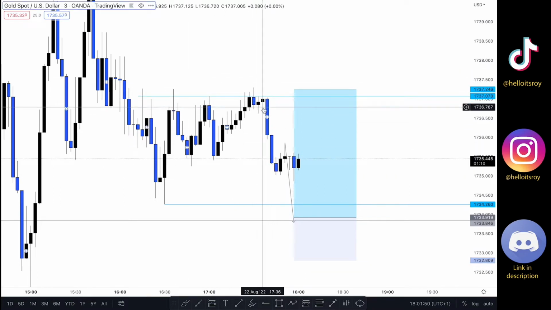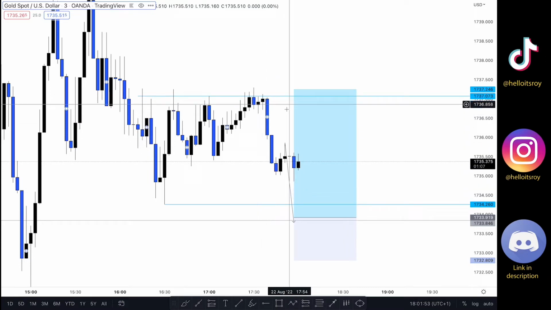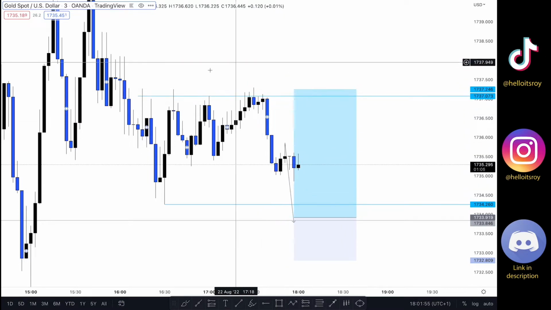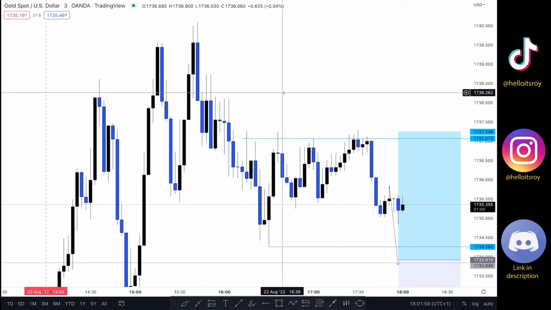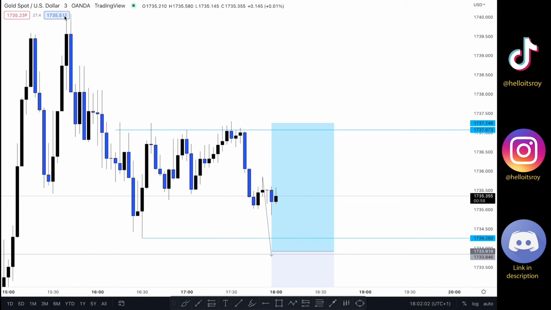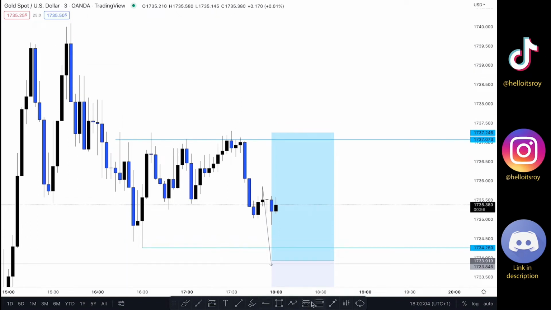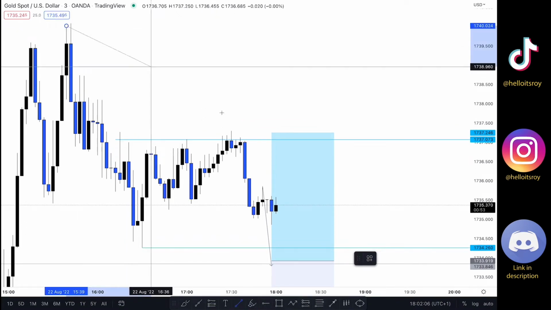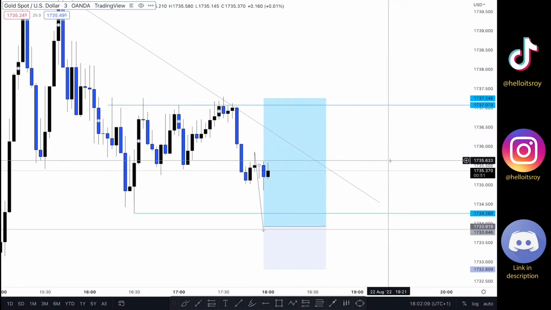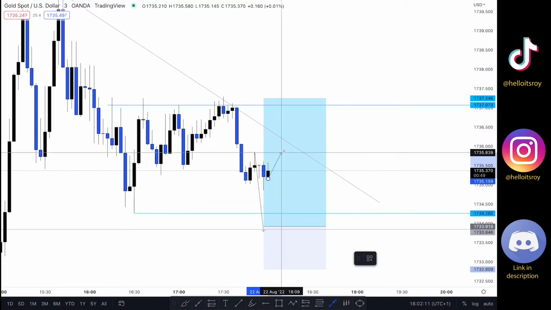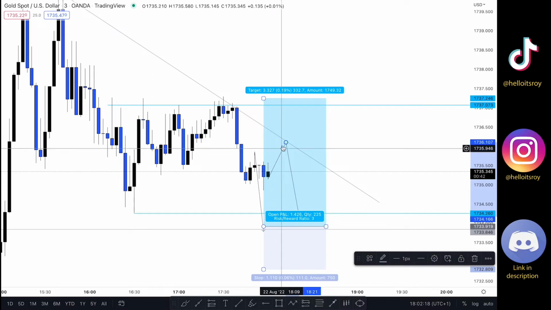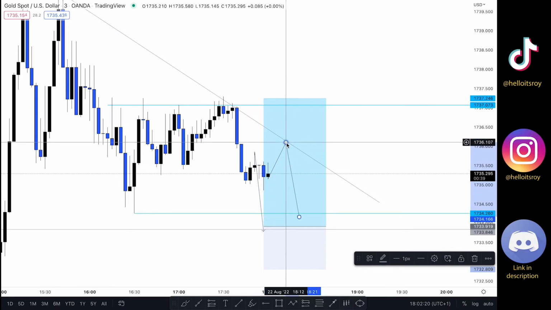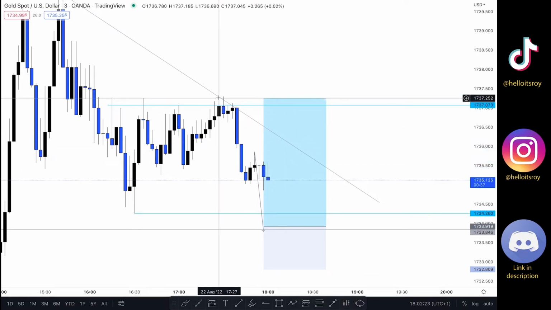We have this push through to the downside, an order block left here. So as soon as the market touches this area, people are going to sell, place their stop losses above here. We also have this double top right there, stop losses above it. So we have a huge liquidity through to the upside. We also have this trend line forming right now that the market could be tapping into. So the market could push through to the upside, for example, tap into this trend line one last time before pushing through to the downside right here, tackle this low, and then push through to the upside and grab the liquidity above. So we'll see what happens.